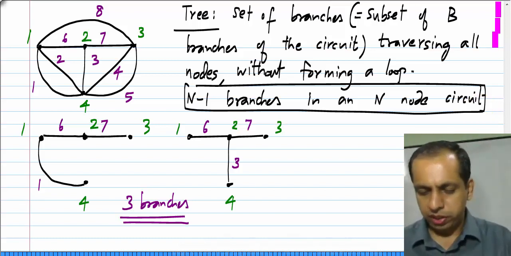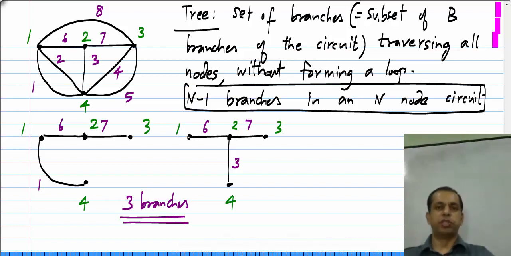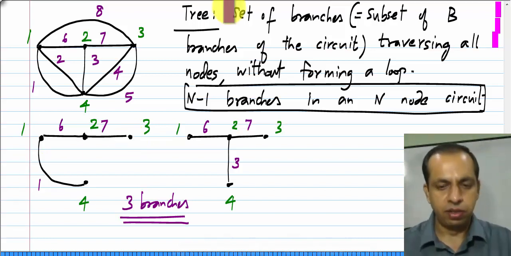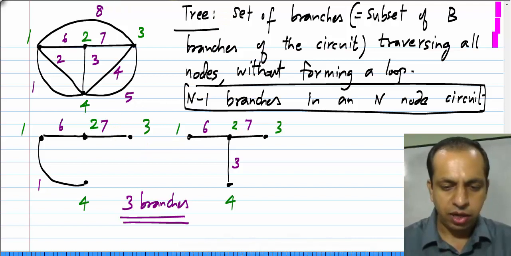So, now what next? It must be pretty obvious what is coming next. Now, if I have a tree, what do I have? I have branches connecting every node of the circuit and there is no loop yet. Now, if I add any more branch, for instance, here I have taken branches 1, 6 and 7. So, what I have left out are,